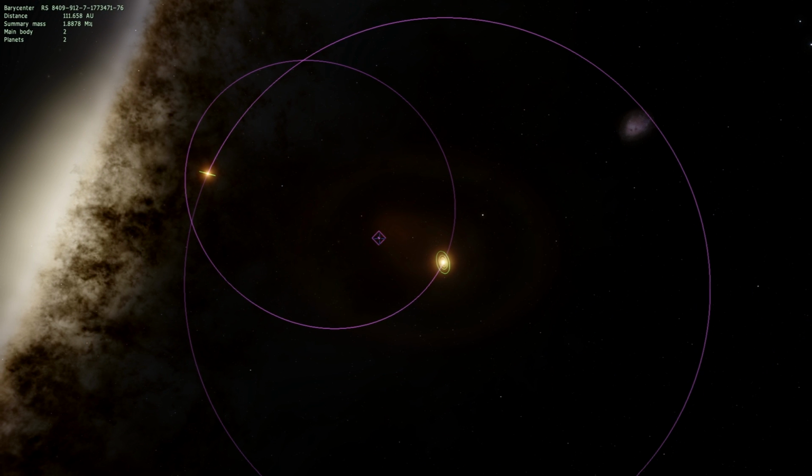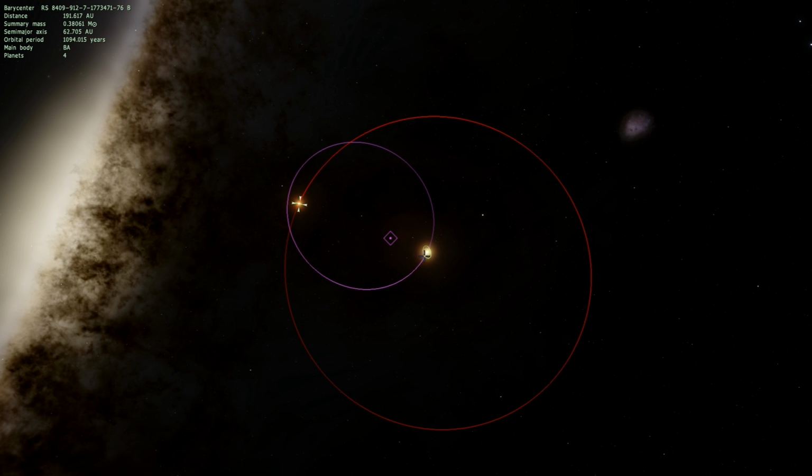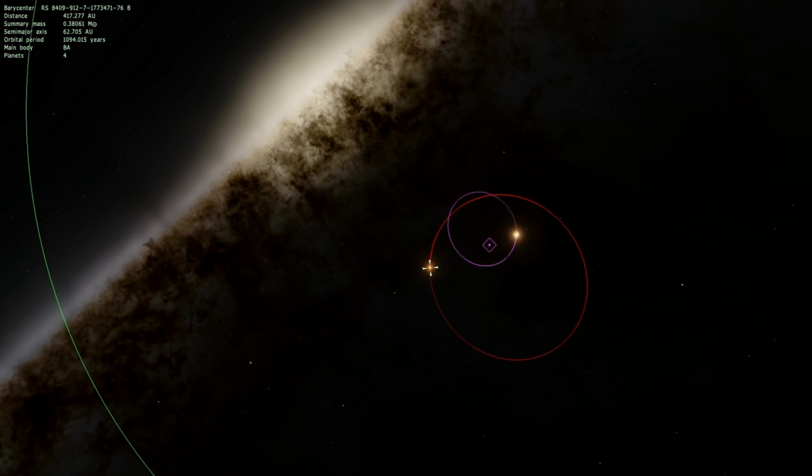Distance, main body, planet. Well, I don't care about the distance. I care about the rotational period of these systems. 1,000 years and 1,000 years. Imagine if every 1,000 years is when you got close enough to another star to possibly be able to send radio signals, or even consider sending life back and forth to the other star. That would be an insanely cool thing. But I got so distracted.